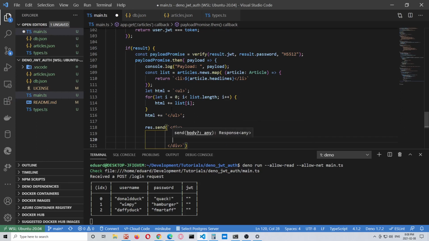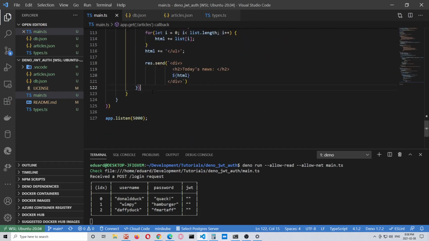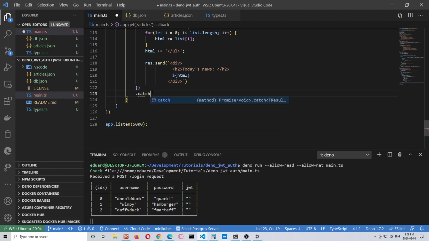Okay, and this is going to contain the HTML that we have built. Okay, in case this is not true, which means the promise encountered an error,